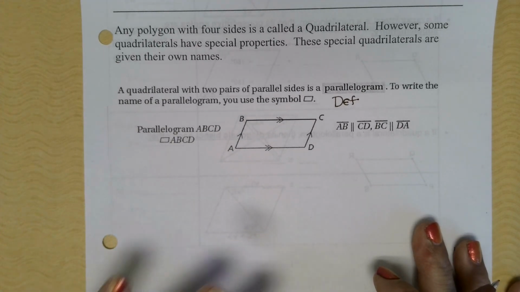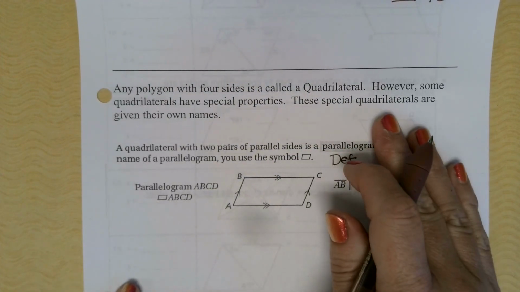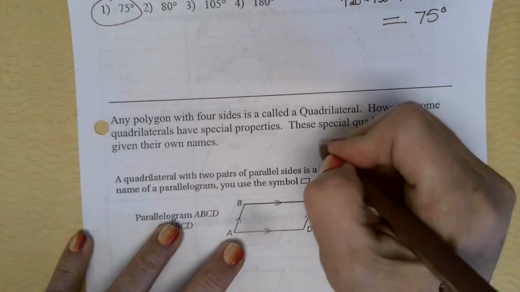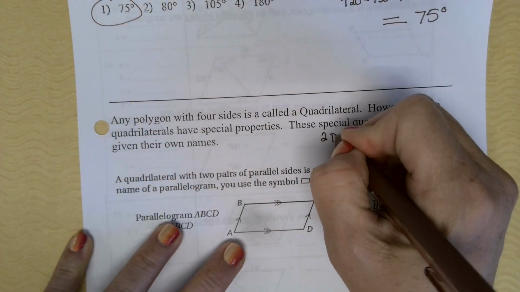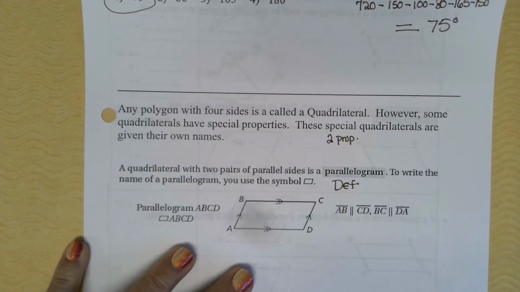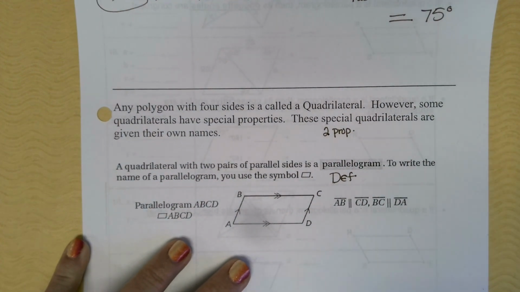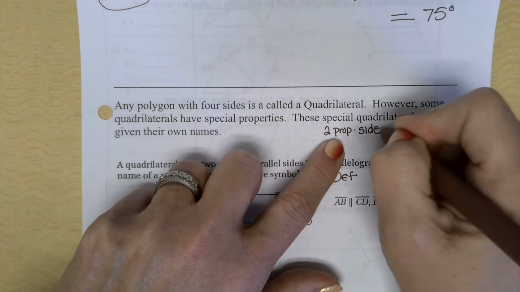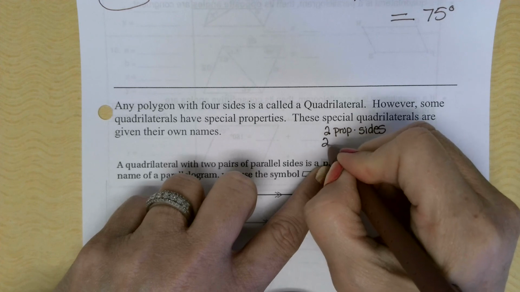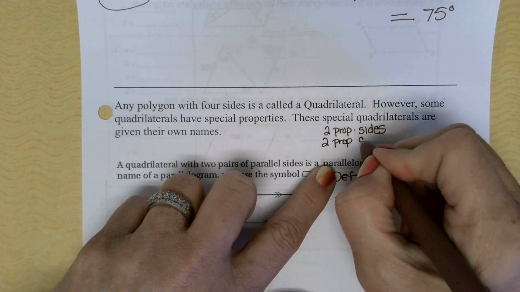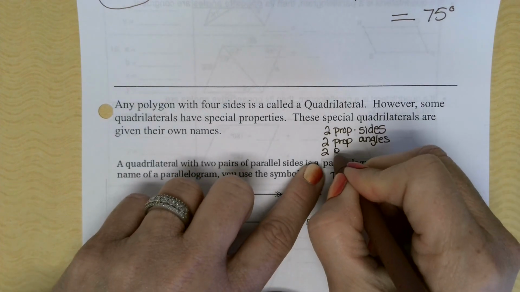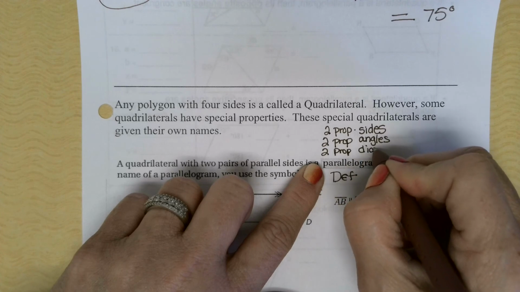All right. As we go through these properties, okay, I'm going to try to help you to remember how many properties go with a parallelogram. So there are 2 properties. And when I say properties, I'm meaning it is either the definition, a theorem, or a postulate. Okay, we're just going to label all of those as properties. So there's 2 properties that go with the sides of the parallelogram. There are 2 properties that go with the angles of a parallelogram. And there are 2 properties that go with the diagonals